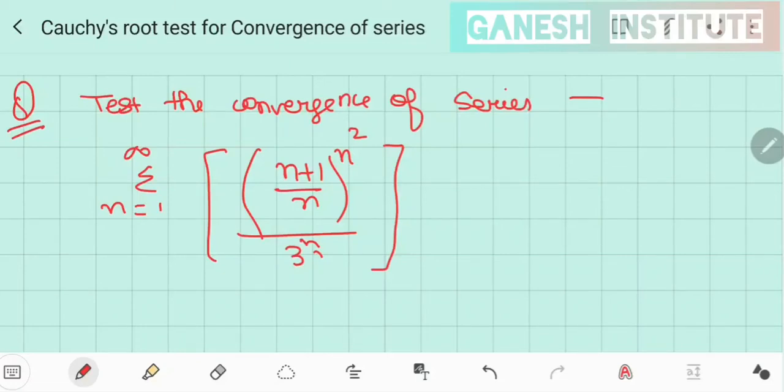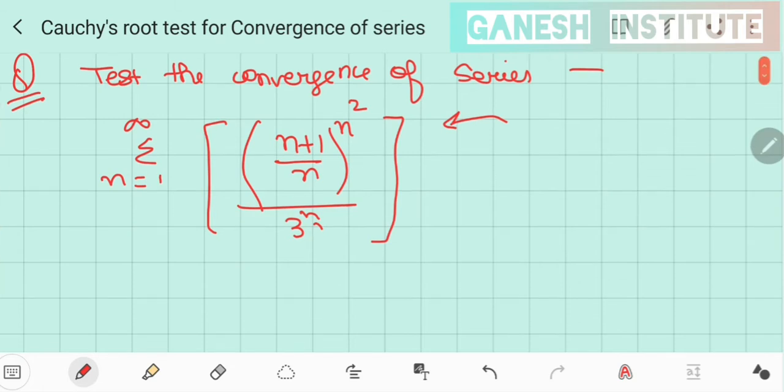So in today's video we are going to discuss Cauchy's root test to check whether a particular series is convergent or not. If you see, a question is written over here that you need to test the convergence for. Now you might be wondering which test will suit this. Of course, if you are given some general term and its power is in the form of n square or n or something, then for that particular case you need to apply Cauchy's root test.